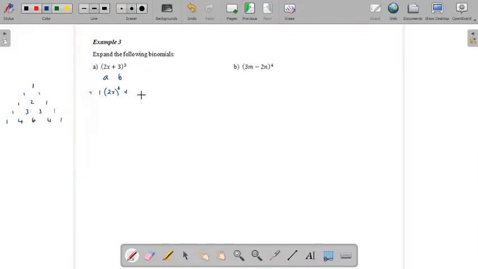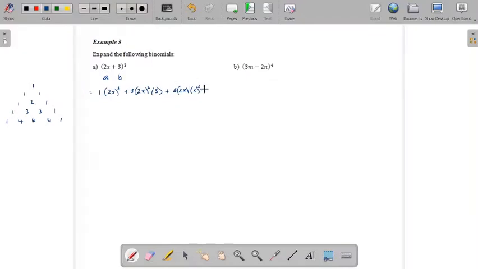Plus, the next term we get when we expand, this is our coefficient, 3, times 2x to the power of, now it's 1 less, so that's the power of 2, and then it's times 3 to the power of 1, plus 3 is our next coefficient, times 2x to the power of 1, because it's 1 less than this one, times 3 to the power of 2, because that's 1 more than this,